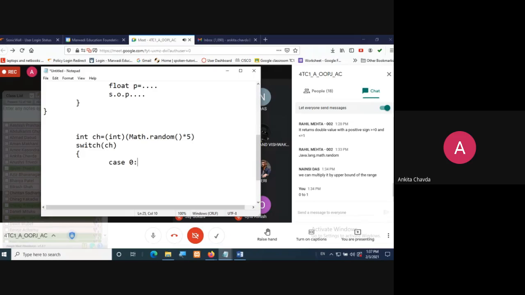If you don't want to do this, there is another syntax: max minus min, multiplied with the range and then plus 1, or plus the minimum. But don't make it so complex. Instead, start your cases with 0.